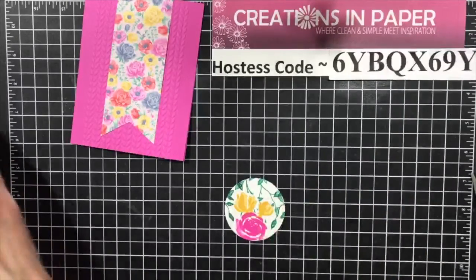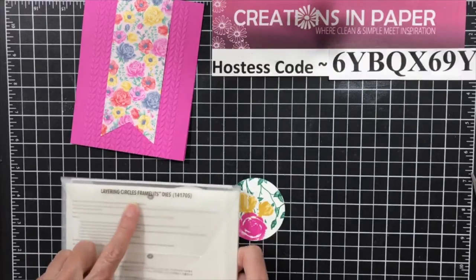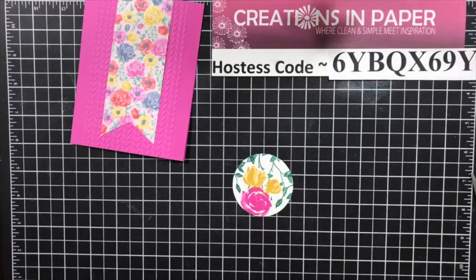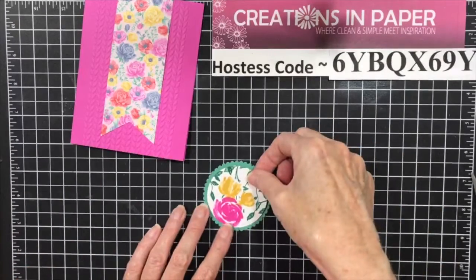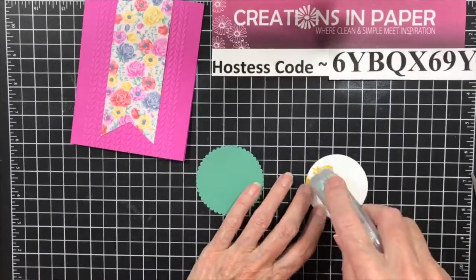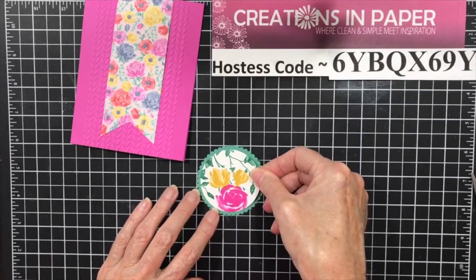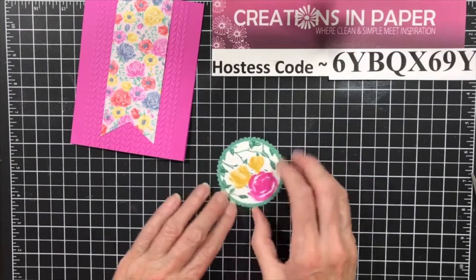What I did next was I used the layering circles framelits, and I found one that's a little bit bigger than this, and I cut it out with Just Jade. So you can use the layering circles. I like the punches because they're quick and easy, and I'm going to layer this on here like so. And I'm not worried about whether it's upside down or anything because I'm just worried about getting it centered. I got to shift